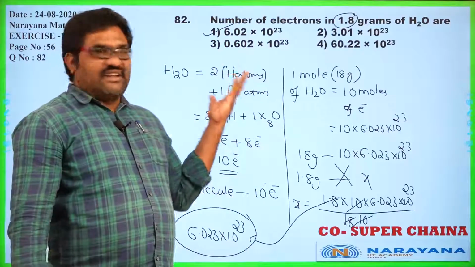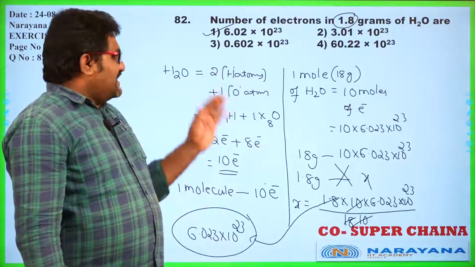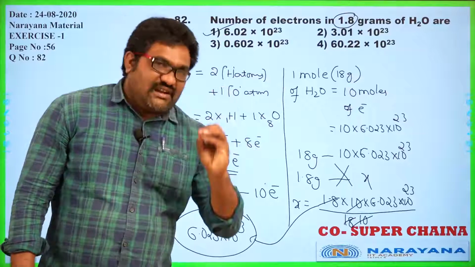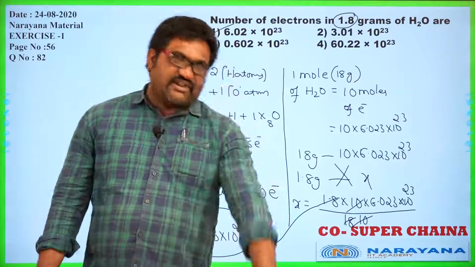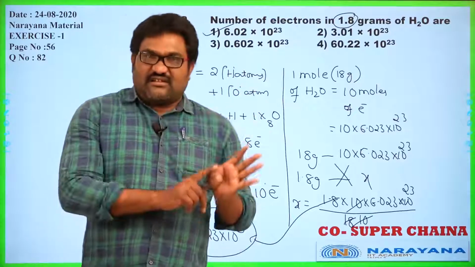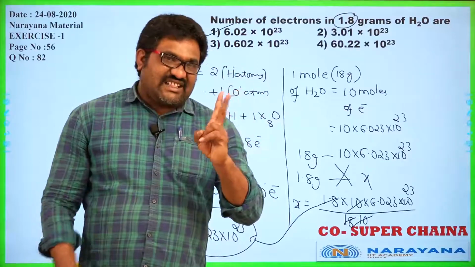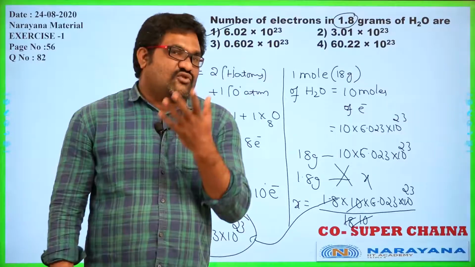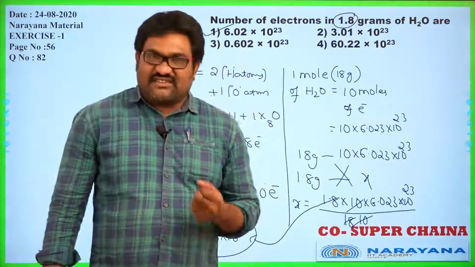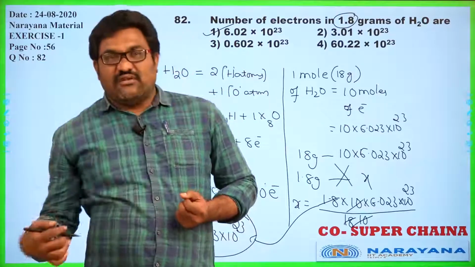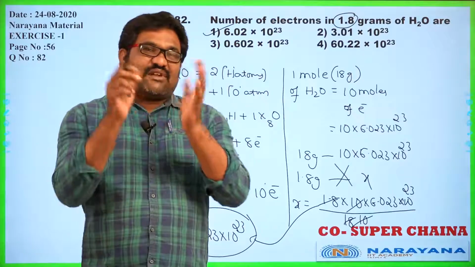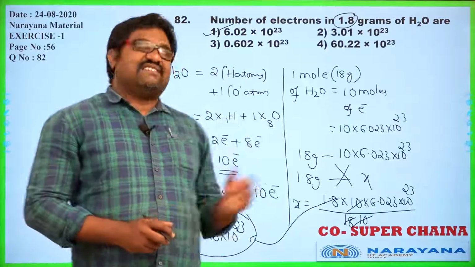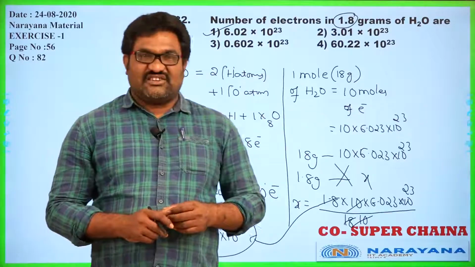How I did this was, first of all I calculated the total number of electrons present in a single molecule of water. Two hydrogen atoms are there, each contains 1 electron, and 1 oxygen is there, which contains 8 electrons. So in 1 molecule we have 10 electrons. If you take 1 mole, then the total number of electrons present becomes 10-fold. Like that I would like to calculate it here, right?